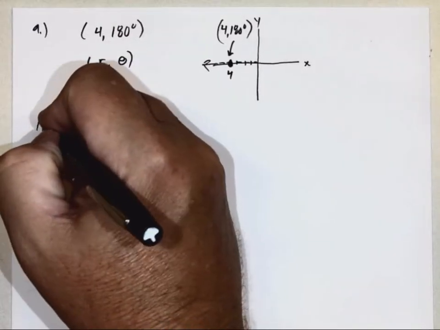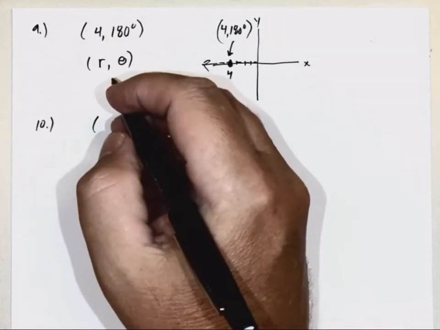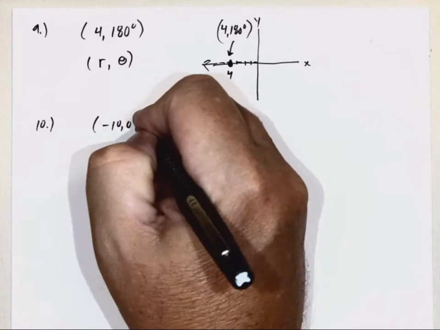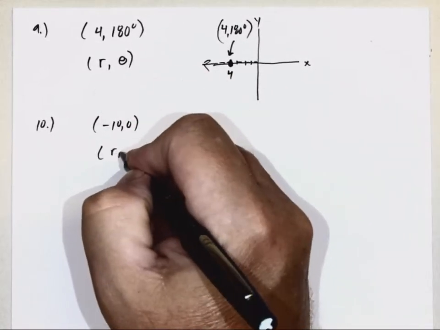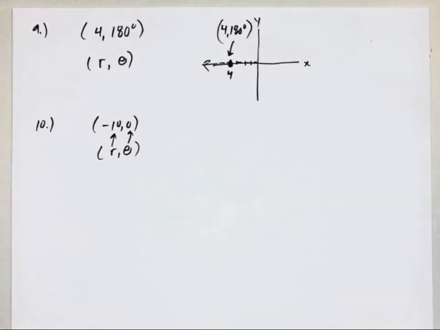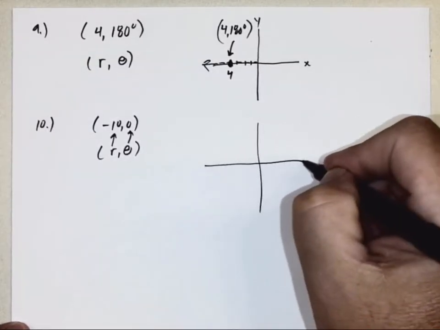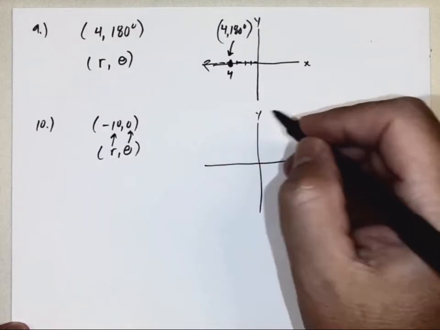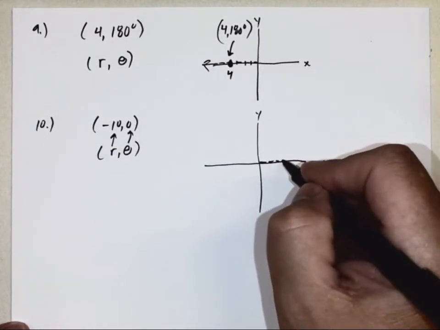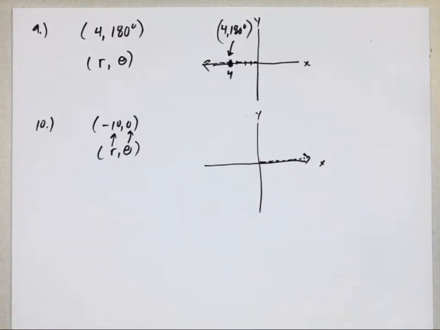Matter of fact, number 10 is almost identical. Plot the point given in polar coordinates. So once again, it looks like r is -10, the angle is 0. Once again, you always start with your angle. Angle 0 is like this direction. And then a distance of -10,